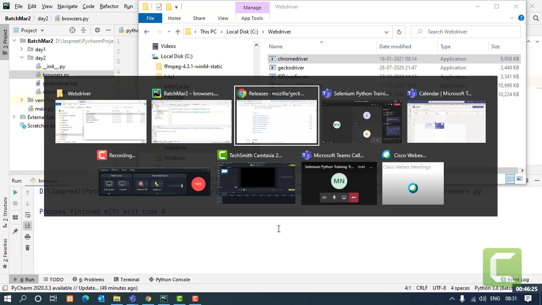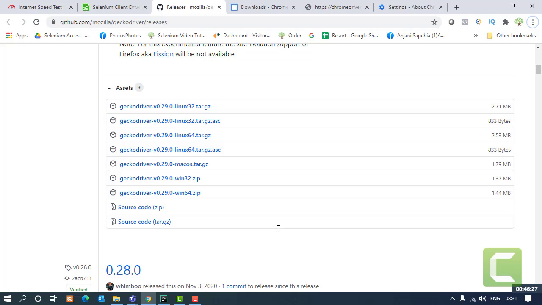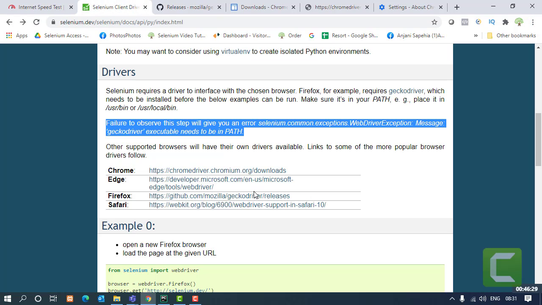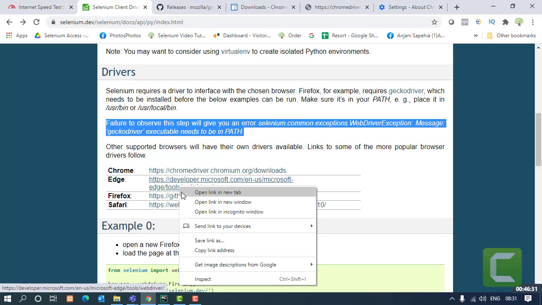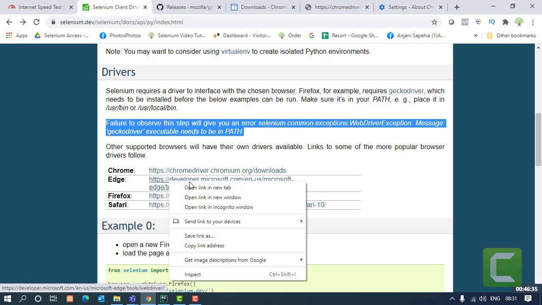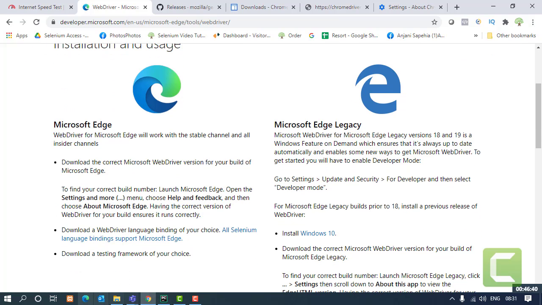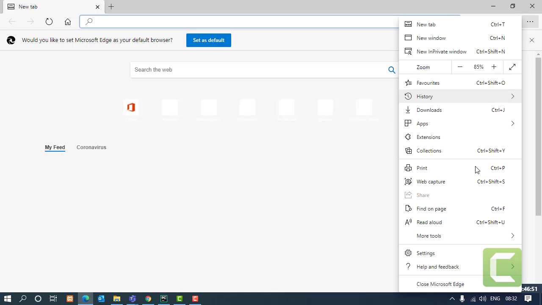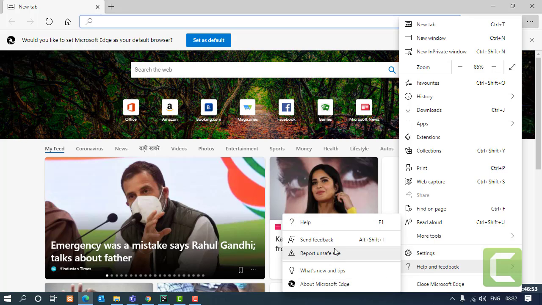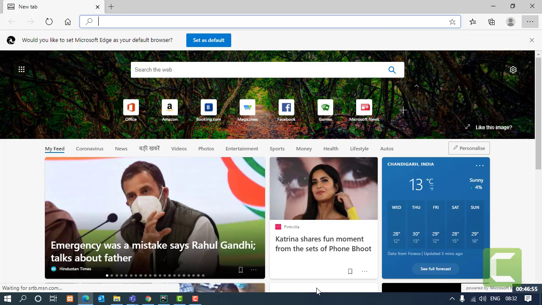For Edge, I have already told you what the main things to be kept in mind. The version. So if I open the page for the version for Edge, you just have to open up your Edge browser and look for the version that you are using. Same way, these three dots, help, about Microsoft Edge.